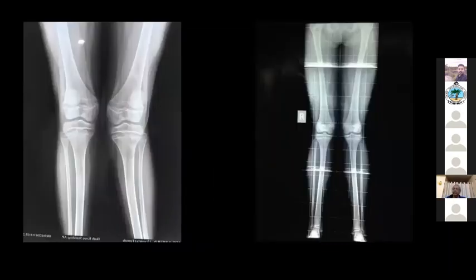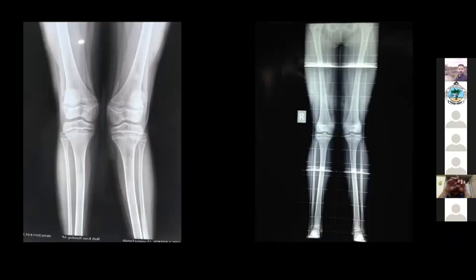In the X-ray, always say that you will take a long leg film. Why? When you take a long leg film, a few things you have to remember. One, the patient should be standing and the patella should be facing forward. Any limb length discrepancy is corrected by blocks so that the iliac crest will be in a straight line, so the pelvic tilt is completely corrected. Then you take a long leg film.